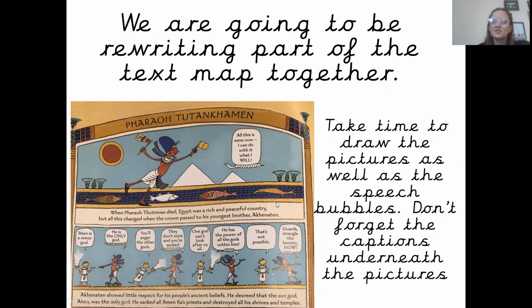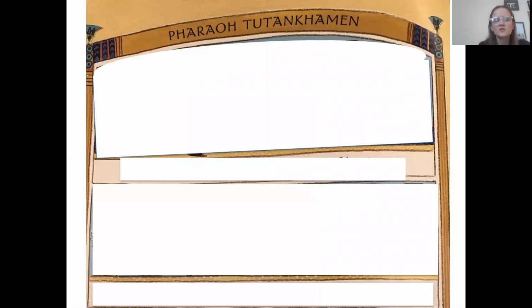Now, why I've said to you to take time to draw the picture is because, just as we discussed in the previous lesson, the pictures play an important role. The pictures are almost as important as the text to tell us what's happening. What I would suggest is drawing your caption box first, writing that out, and then taking some time afterwards to draw the pictures that go into it. So here are our two